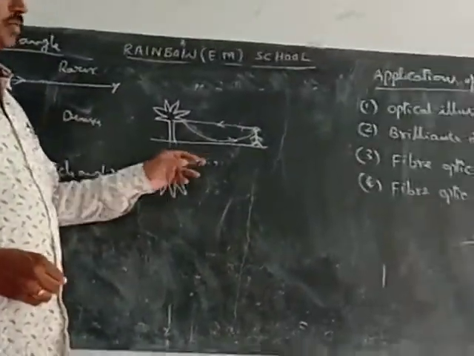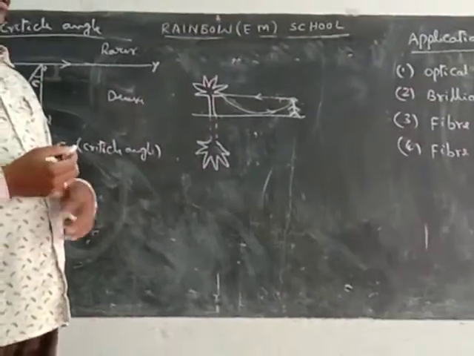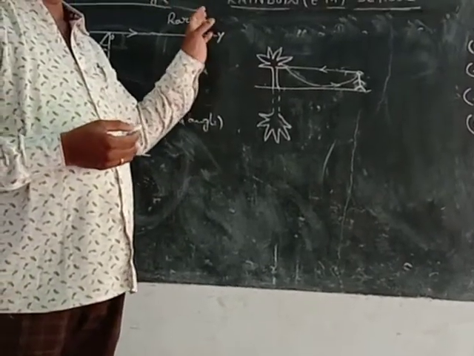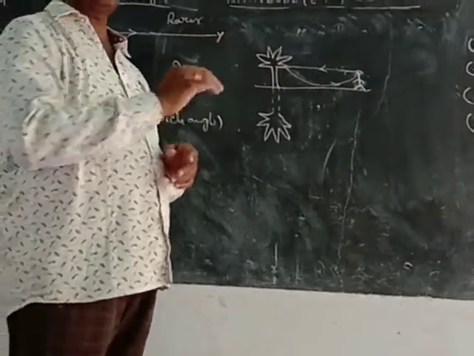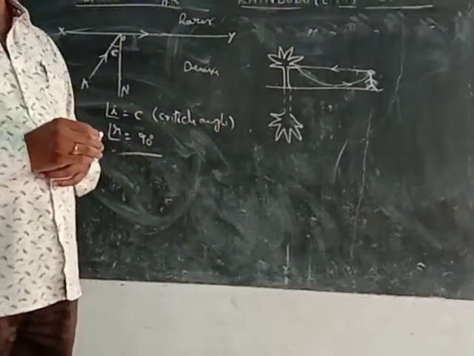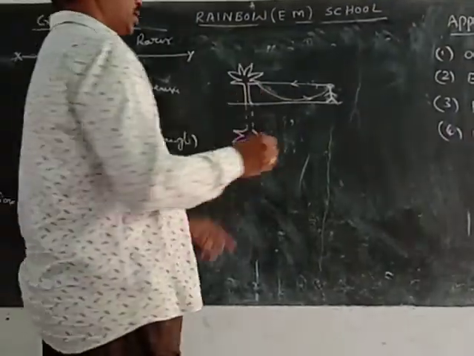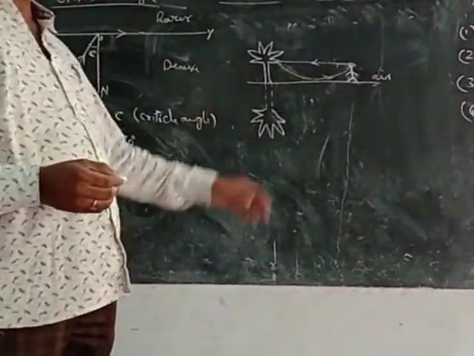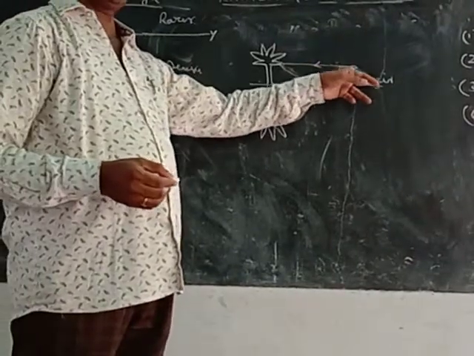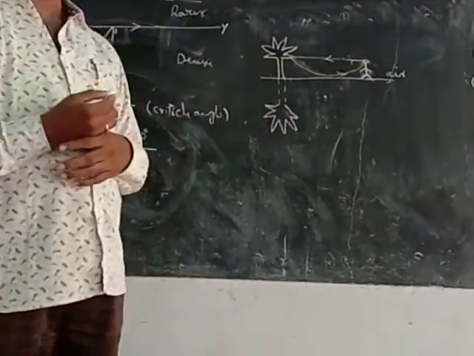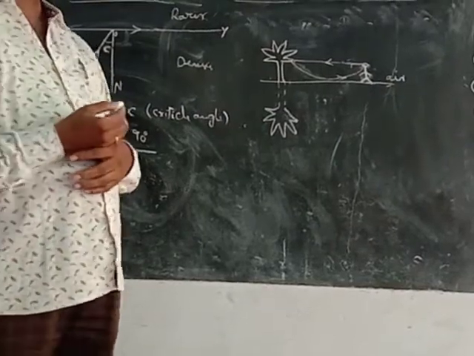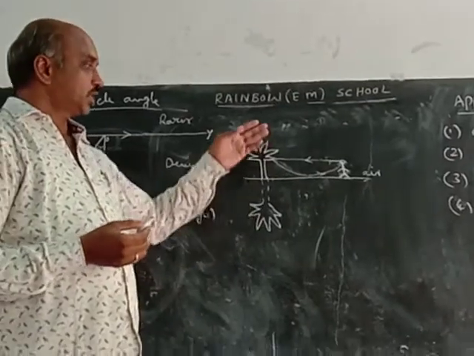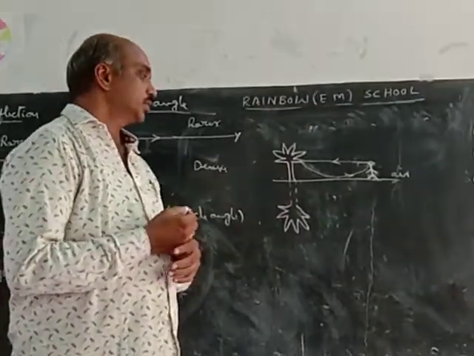Here, optical illusion or mirage. Sometimes during a sunny day on the road, you see some illusion. That means an image of a tree or water-like appearance moving on the road. Why does it happen? The air near the road is hot air. During a hot summer day, the air near the road is very hot. Above that, at higher altitudes, the air is colder. So as the height increases, the density of air also increases.